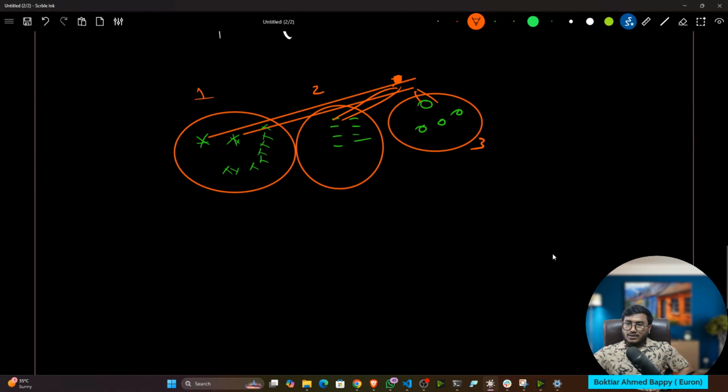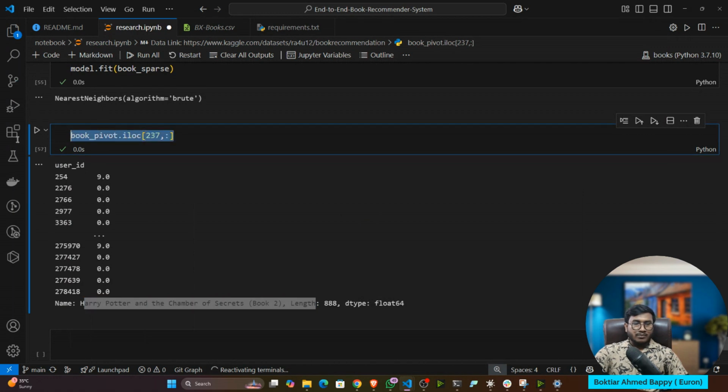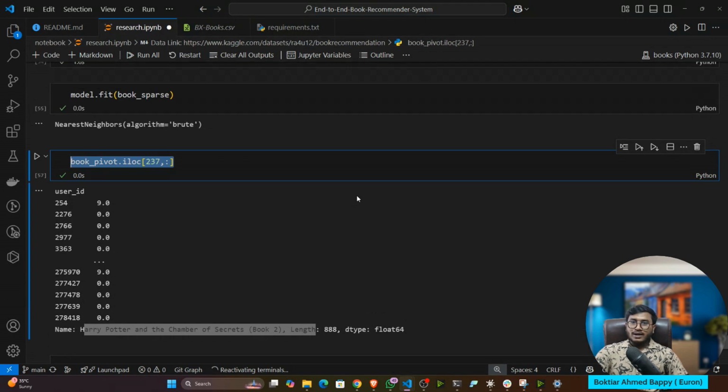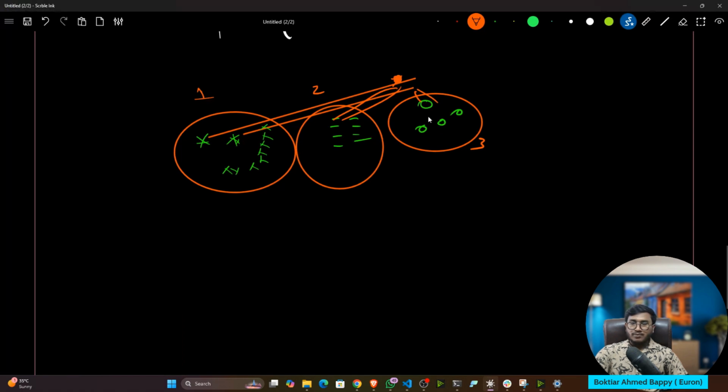Third cluster. Okay, so this is what the nearest neighbor will do. That means I will pass one book's information. Now it will apply that distance formula and it will give you the nearest category. That means these are the nearest books it will try to return. Okay, these are the suggestions it will return.